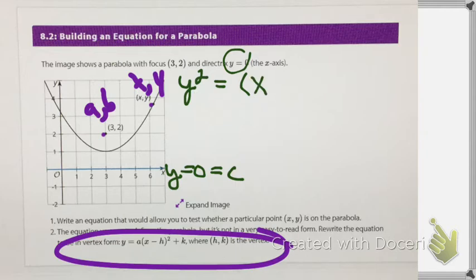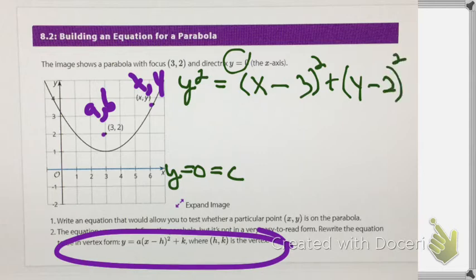Instead of writing minus, we could write it as minus 3, because there's the x-coordinate of the vertex. That's A. In this case, it's now 3. Square it. And then plus y, there's our y that comes from the point on the parabola, and the minus 2 squared. And if you remember, all of this comes from you're really writing this as the distance formula from